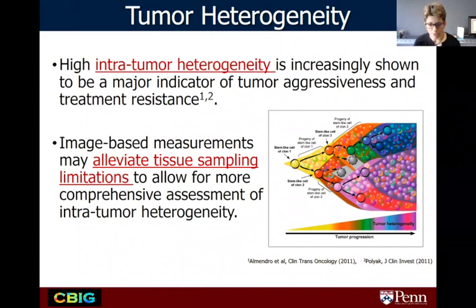But the basic premise is, as a tumor starts to develop from single cells or from a small number of stem-like cells, it starts to differentiate. And different subclones may develop within the same tumor that may have different characteristics and different driver mutations and may drive the development of the tumor differently. And so when we're characterizing tumors based on information extracted from tissue sampling, for example with biopsies, we may very well be sampling only one part of the tumor, but missing information from another part of the tumor.